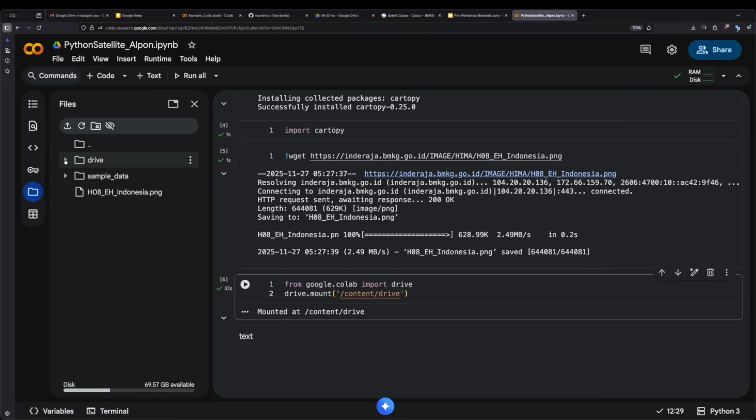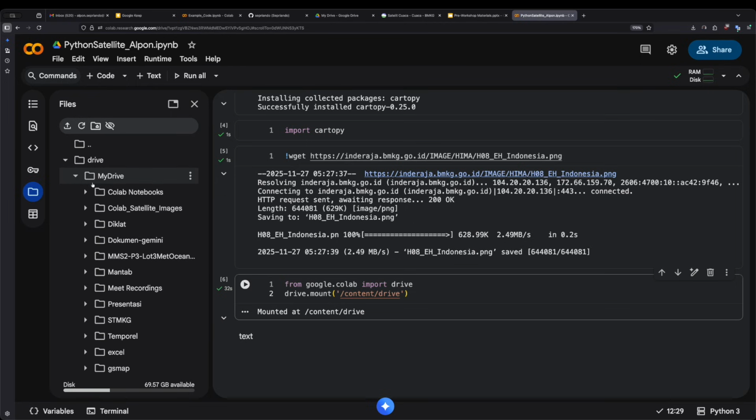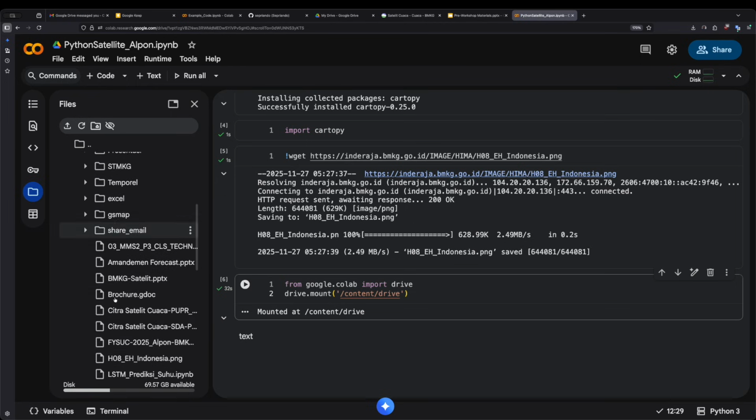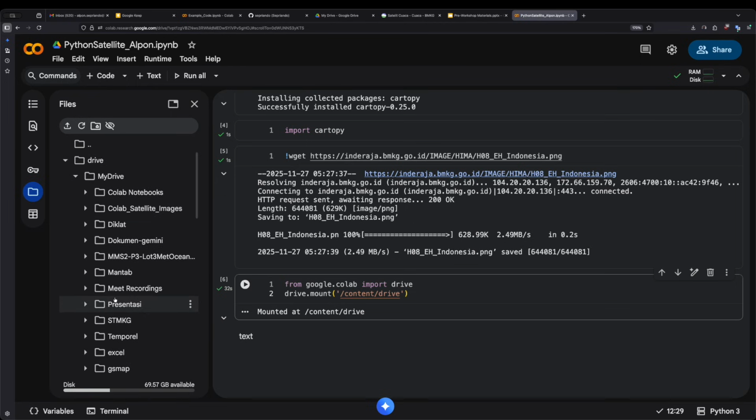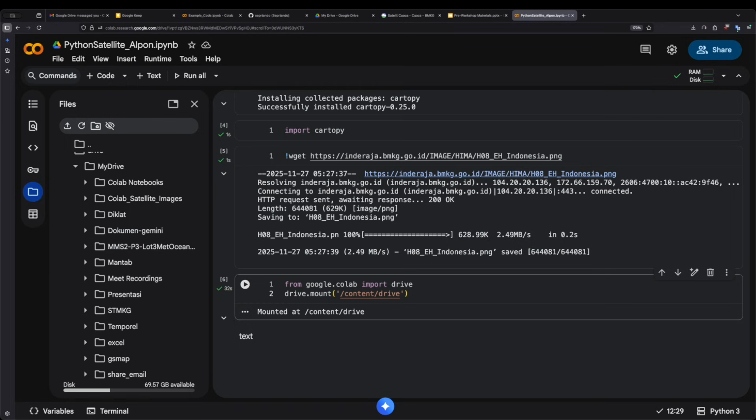Okay, this one. This is my Google Drive directory. It's not in Google Colab. This is in Google Drive. Okay, after that,